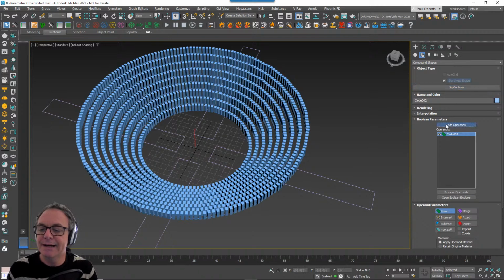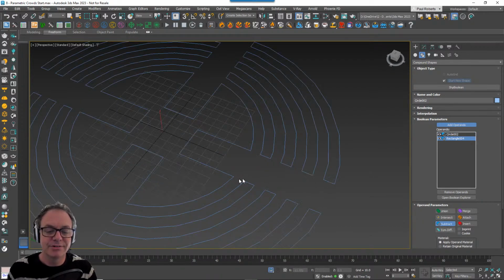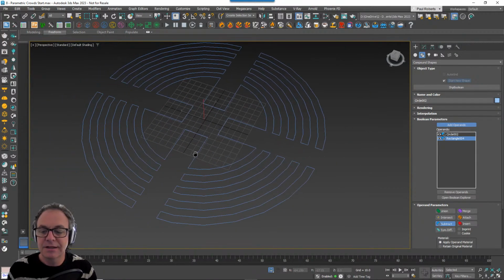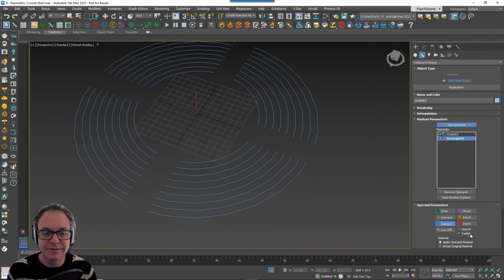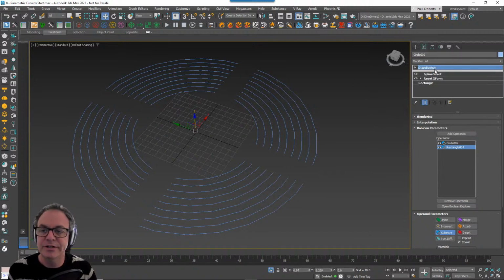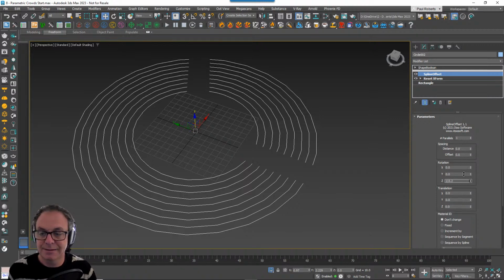So I'm going to add that, add operand, change it to subtraction, and then pick the spline from the scene. Now you can see what's happening, but this isn't really cutting a hole in it the way I'd like, because it's trying to be clever and create closed splines, which isn't what I want. So I'll change the mode to cookie down here, and now I've got what I'm after. The nice thing is that this is still procedural. If I come back into my rectangle, I can change the angle of these still, and you can see it's all updating live, which is cool. In fact, let's make that 45 degrees just to illustrate that.